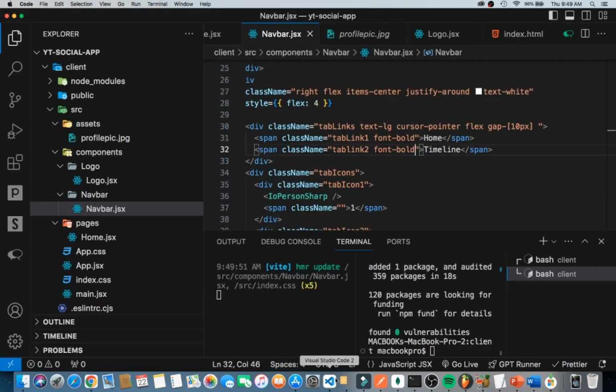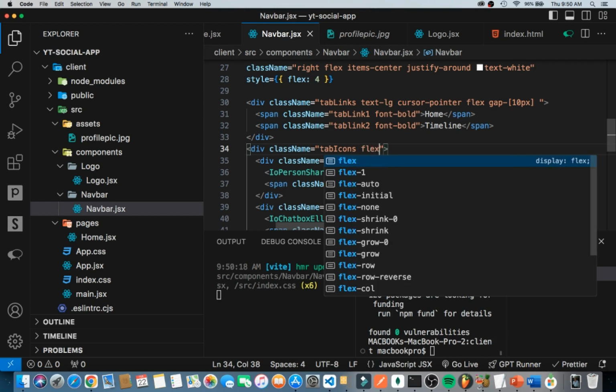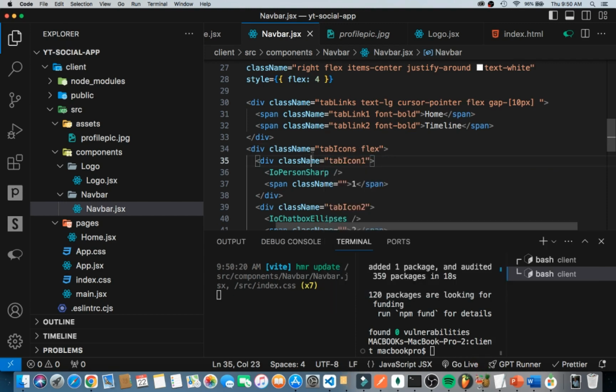And then what can we do next? Now that we've been able to have these two links working hand in hand with each other, what we want to do is add the icon badges. So for the top bar icons that we have over here, the tab icons, we can set that to a flex. Then the items that we have in here, icon 1 and all these other ones, the div that is containing them, what we want to do is set that